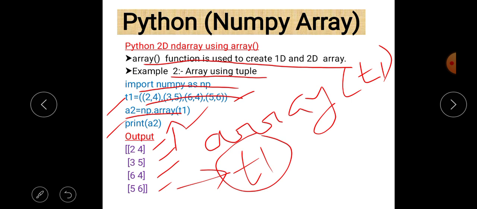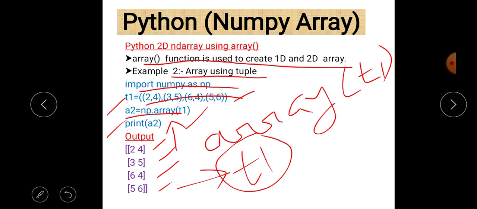First of all, array is a very important function when it is used to create an ndarray. It is used to create one-dimensional as well as two-dimensional array, and we can pass a list, a tuple, or a string as a parameter value within that array, and we are able to convert that tuple, list, or string into an array.